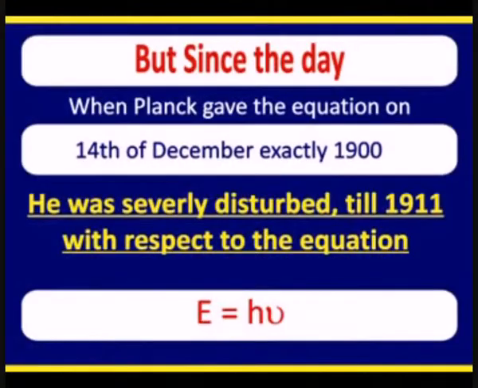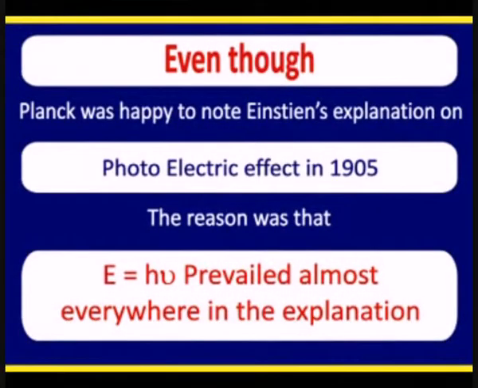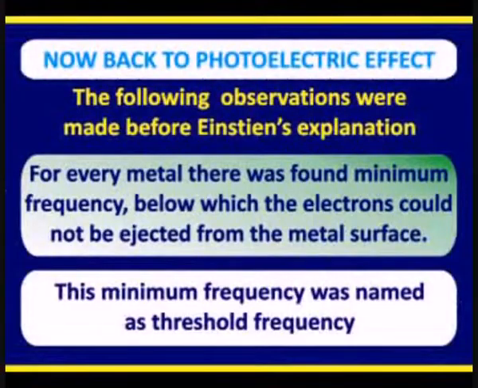Now we go back to the photoelectric effect. When Max Planck had discovered the equation E equal to h nu, he was worried up to 1911. Actually in 1905, with the discovery of Einstein's explanation on the photoelectric effect, he was very much pleased. Before the explanation of the photoelectric effect by Albert Einstein, we would like to see some incidents, observations which have been